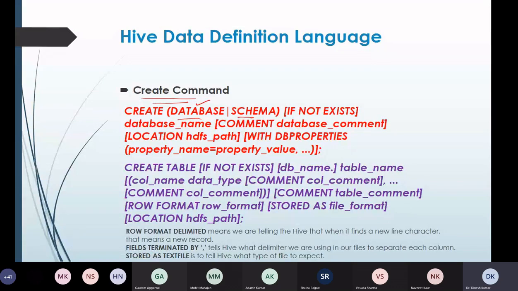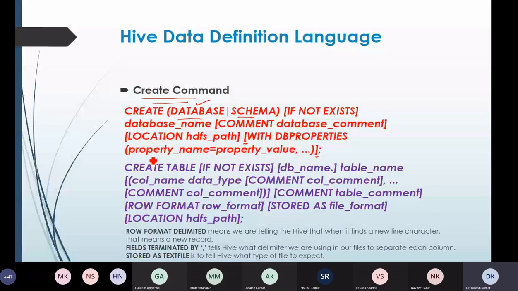And then we can also specify the location where we would like to store this database. Again, this is an optional part. Fine, so we can skip this. Then from here to here, this is again an optional part, with the DB properties. We can define some user defined properties for the database, like who has created this database.